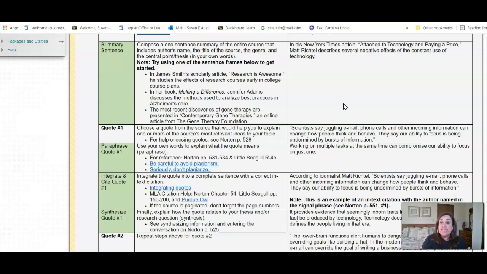A couple things we see here, and this should always be your rule of thumb when you're summarizing something. You always want to identify who or what published it. So here the New York Times, which is a newspaper, published this article. Then you want to identify the title of whatever you're using: the title of the website, the article, the book, and then the